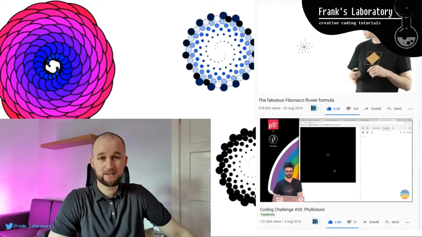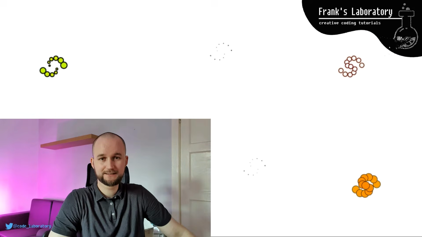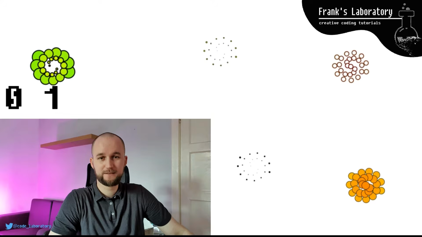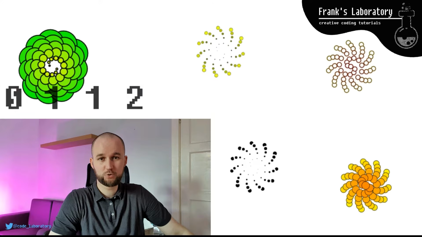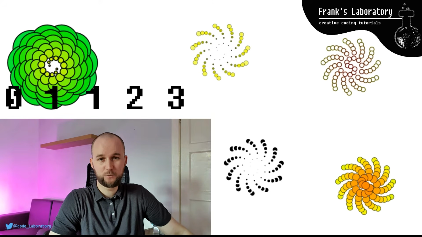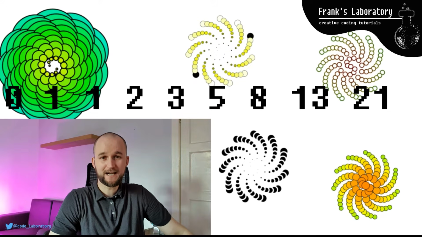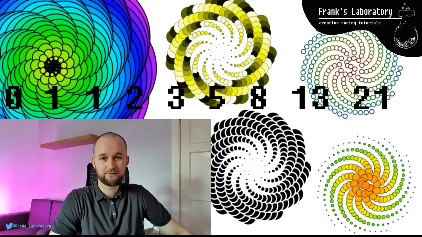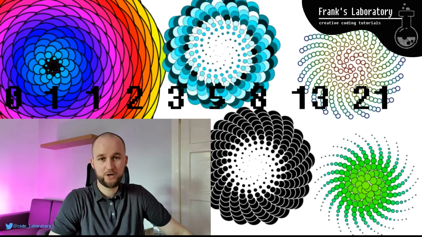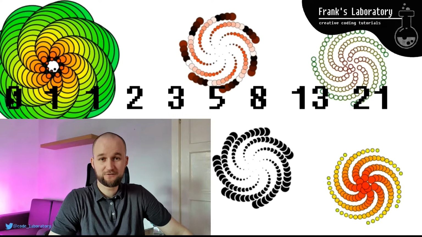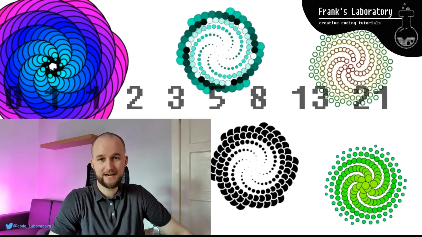Simply said, Fibonacci numbers create a sequence where each number is the sum of the two preceding ones, starting with 0 and 1. The sequence goes like this: 0 plus 1 is 1, 1 plus 1 is 2, 2 plus 1 is 3, 3 plus 2 is 5, 5 plus 3 is 8, and so on. The Fibonacci sequence starts with 0 and 1, and it is a very common interview question where you will be asked to write an algorithm that returns numbers that create the Fibonacci sequence. To draw the so-called Fibonacci flower, we do not necessarily have to start with 0 and 1. We can choose any two numbers to start with.